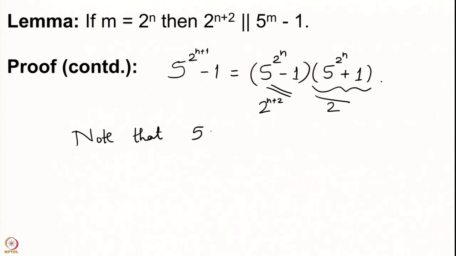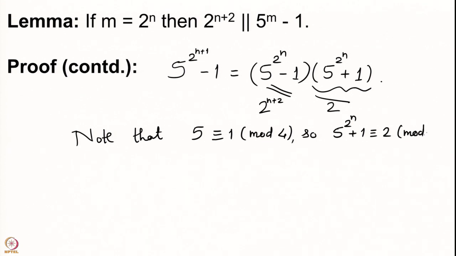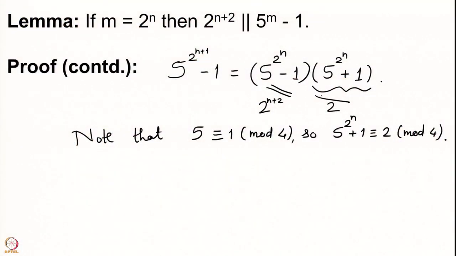that 5 is congruent to 1 modulo 4. So, 5 power anything plus 1 is going to be congruent to 2 mod 4. Any power of 5 is going to remain congruent to 1 modulo 4, and therefore, when you add 1 to that, you are going to get 2 modulo 4. So, 4 will not divide this number, and therefore, we will say that 2 exactly divides 5 power 2 to